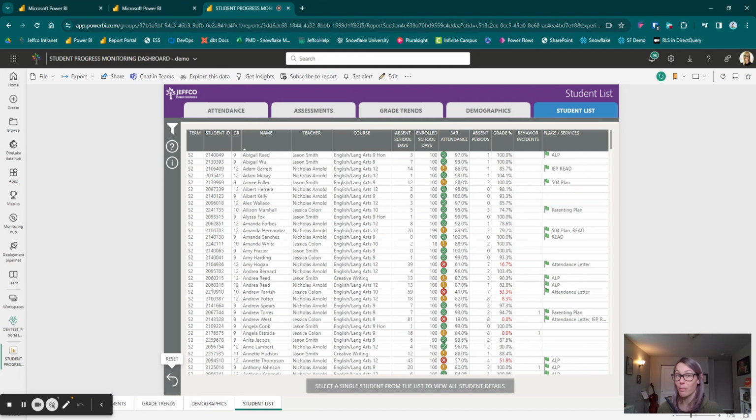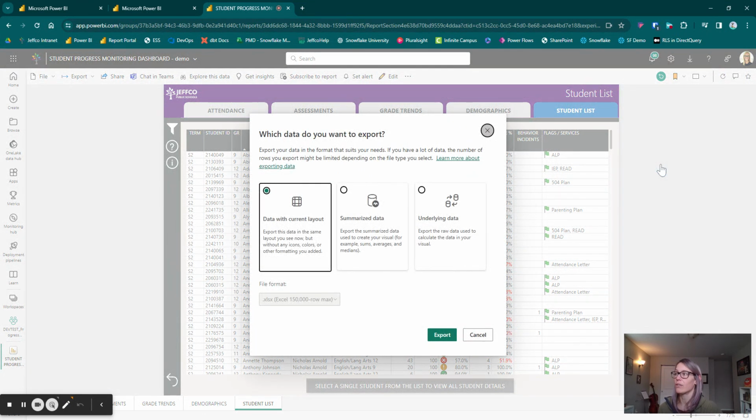If you'd like to export this list to Excel so that you can use it to filter and sort and track in some other way, hovering over the table gives you an icon that says more options. Looks like 3 little dots. If you click on those 3 dots, you can then select export data. And that will give you the option to export the data with the current layout, summarized data, or underlying data